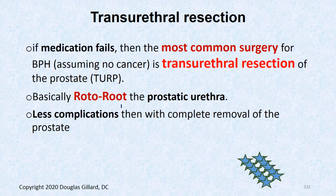So there's a couple of ways to treat surgically enlarged prostates. One is called transurethral resection, where they basically rotorooter. They go up the urethra. Doesn't look like the most fun procedure in the world, but I'm sure this is general anesthesia, so you won't feel anything. They stick a catheter up the penis through the urethra,